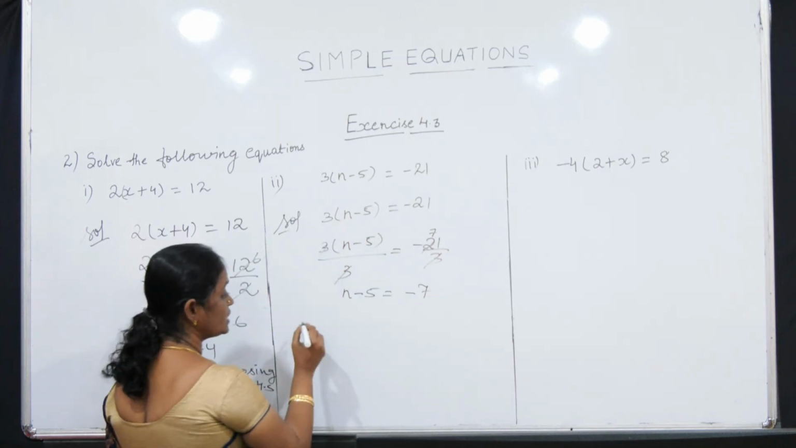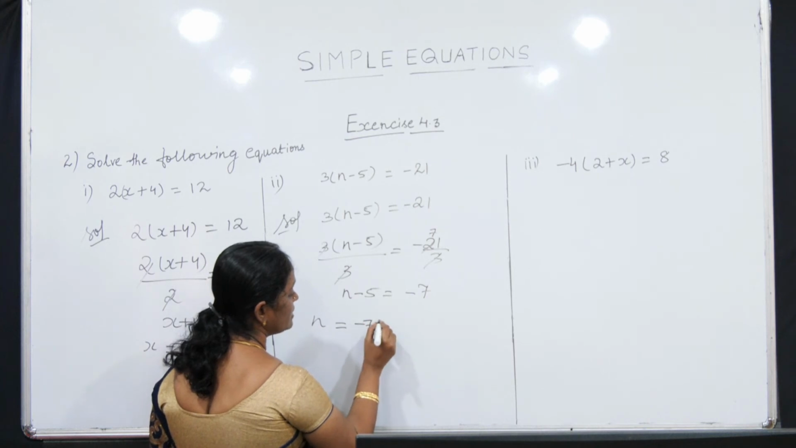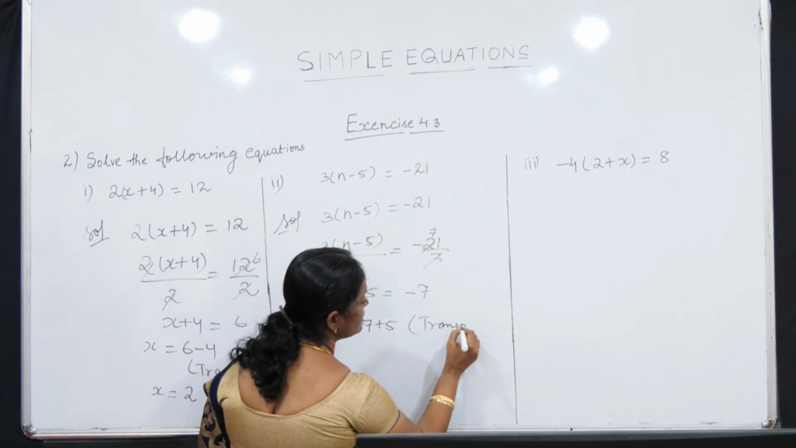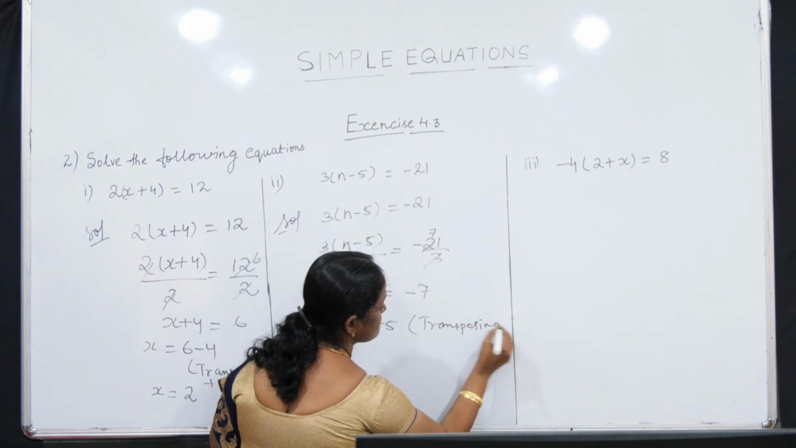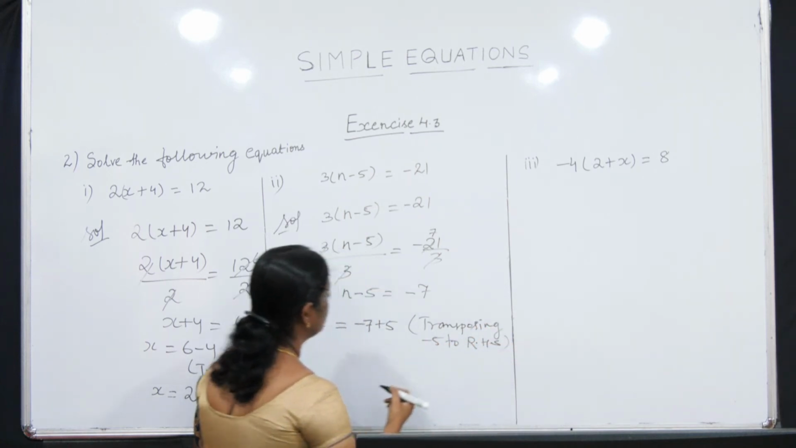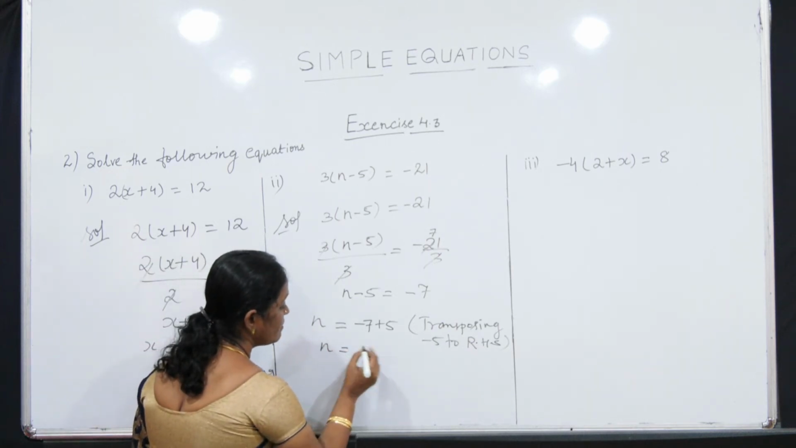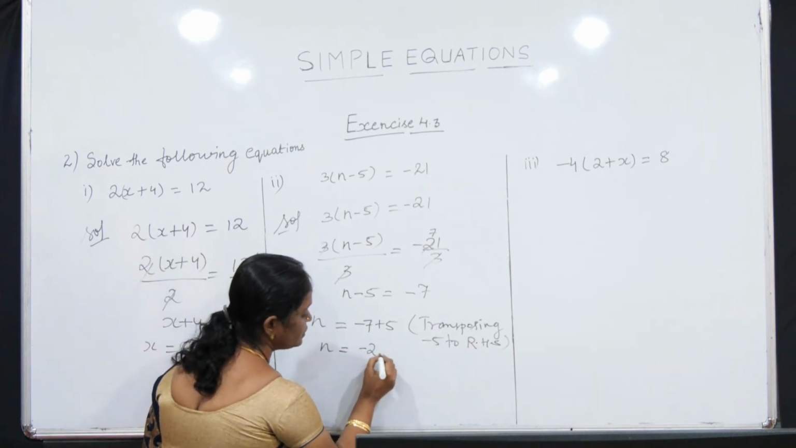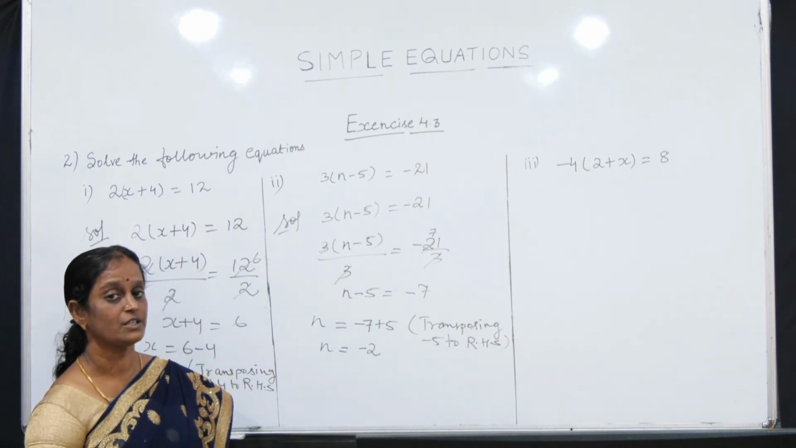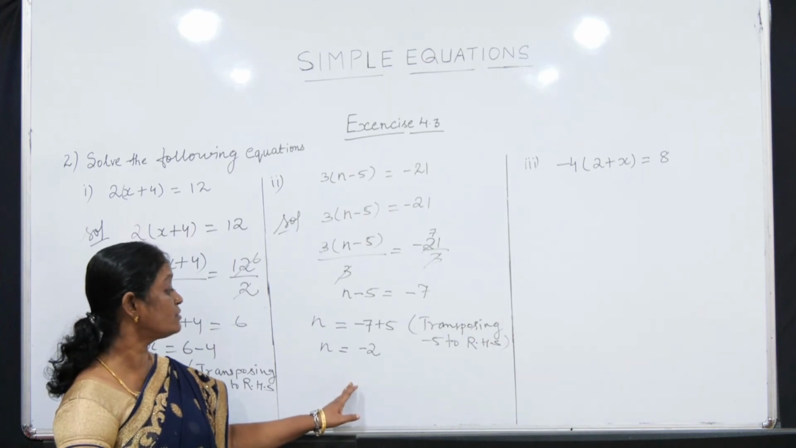Now transposing minus 5 to RHS, minus 7 plus 5. Here transposing minus 5 to RHS. Minus 5 becomes plus 5. So here n is equal to minus 7 plus 5 is minus 2. So the solution to the given equation is n is equal to minus 2. You can also check the solution by putting n is equal to minus 2 in the original